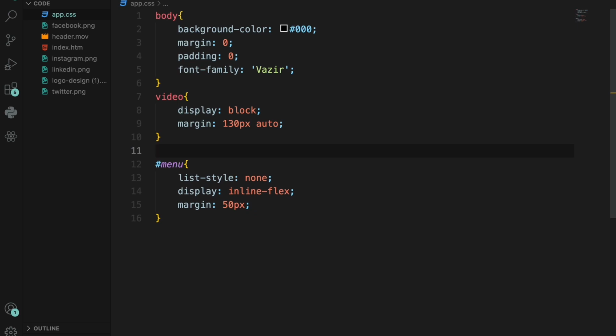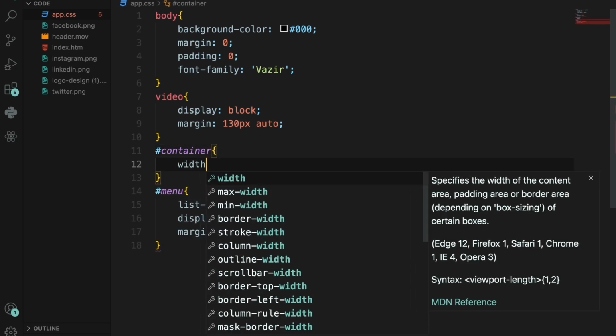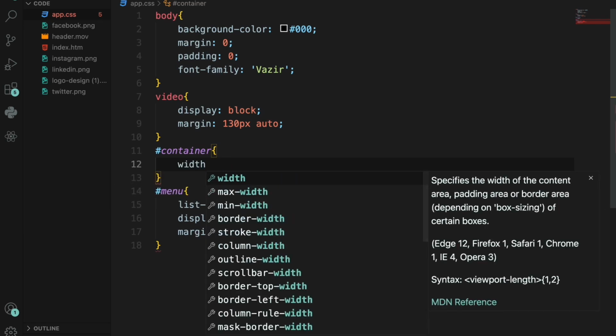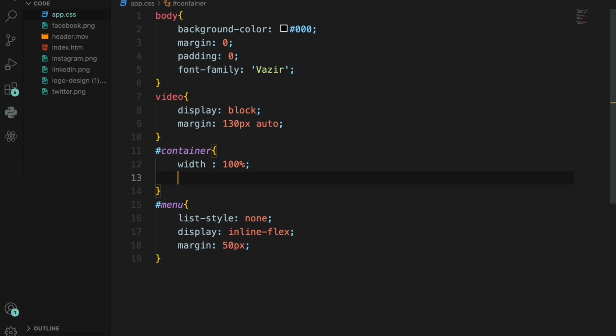And for container styles, for container we need width 100%. Also, because it's a block element, it's 100% in width, but we just override it,